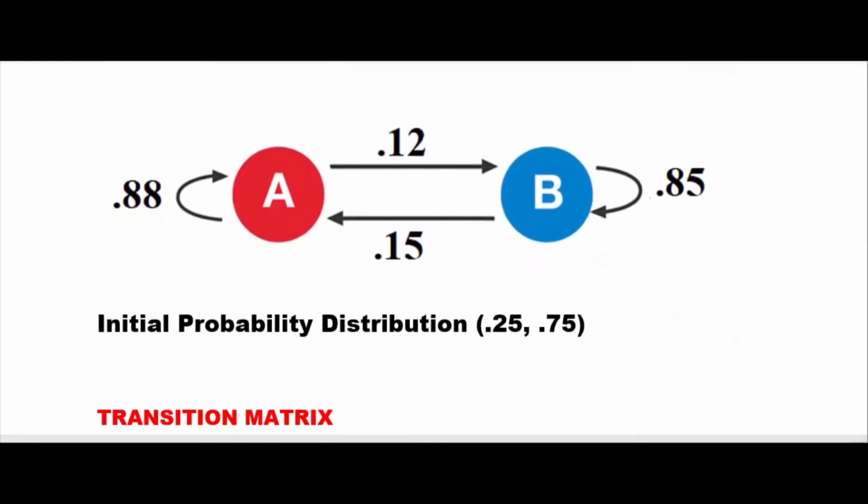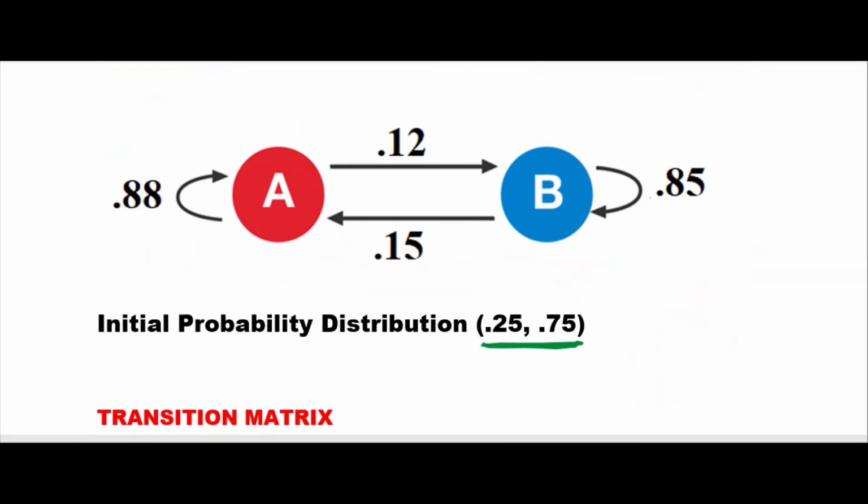Here you see these are the probabilities in the diagram. A to A 88%, they will stick to the same company. However, 12% they will move to B. Similarly, from B to B 85% and B to A 15% will come. There is a little bit of difference. However, the initial probability distribution is no more half-half or 1-0. We'll come across problems where you will get the initial distribution 1-0 or 0-1 or 0.5, 0.5 if they're equal, but here they're not equal. That is what we need to know.